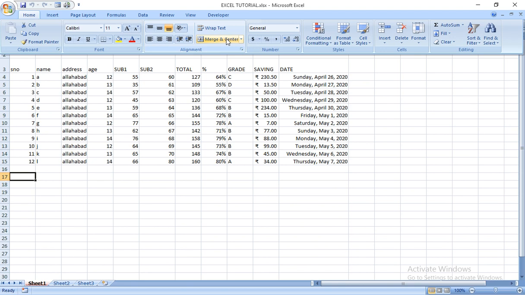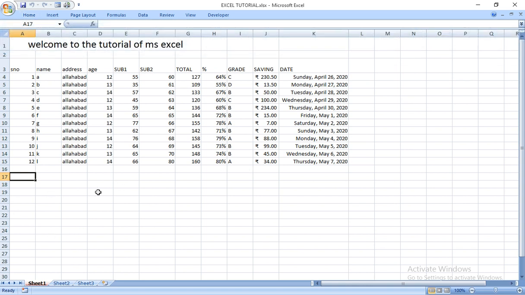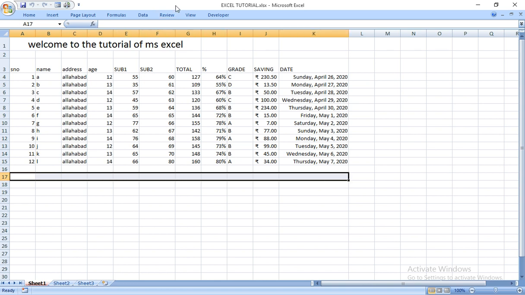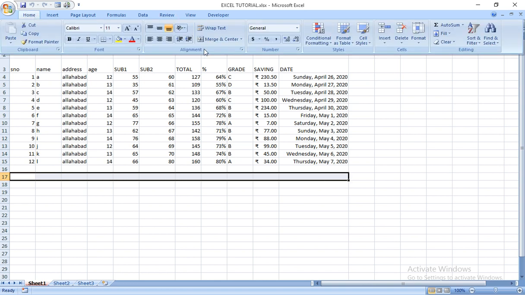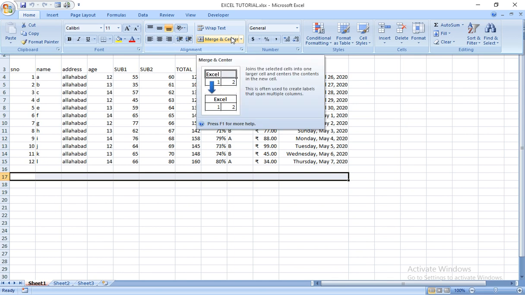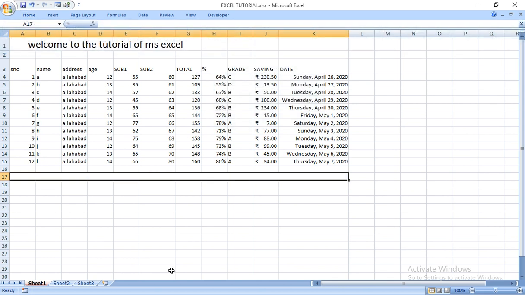Then merge and center. Suppose you have to give a heading to your worksheet, then you can merge more than two or three columns together to give the heading. Here you can press this, and this will join your cells like this.